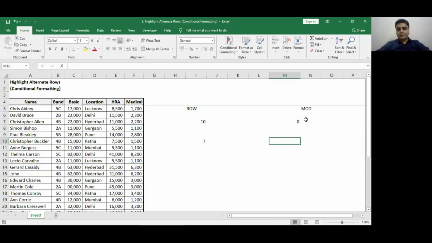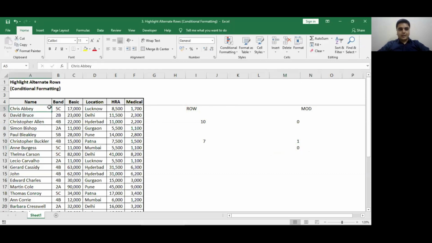So now if I combine this mod and row formula, and if I write mod, it's asking me to input number. And instead of writing a direct number, I will give it an indirect reference by writing row. I will select the first row of the table, close the bracket, and in divisor, if I mention 2, and if I again close the bracket, the outcome will be 1. Now if I copy paste this formula below, the outcome is 0 because the row number has changed from 5 to 6. Now I will use this particular application in conditional formatting.